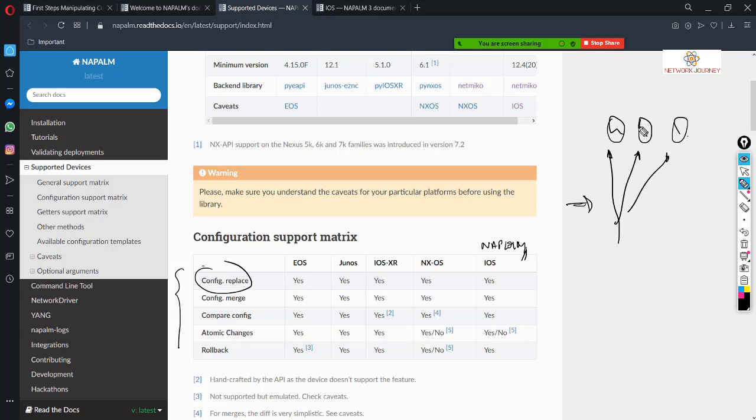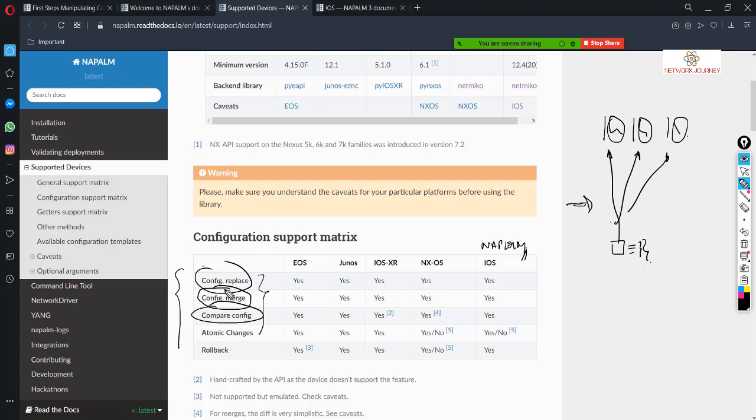Okay, and on the basis of missing configuration, I repeat, missing configuration. Let's say I have a show run on all of them, and I have an external file which has three additional or three missing lines which I want to get added on these devices. So with the help of these inbuilt commands, I don't have to bring up 20 lines to do this. I can do this, of course, in Telnet library or Paramiko or Netmiko, but in the case of NAPALM, it's very easy because of these inbuilt commands or inbuilt functions.